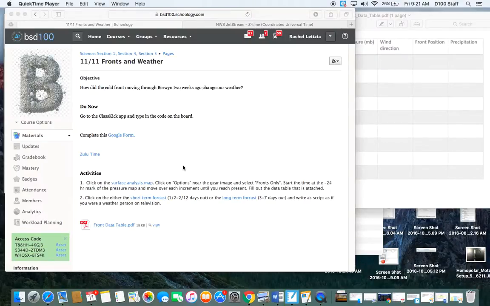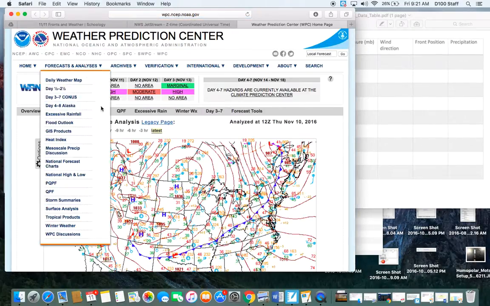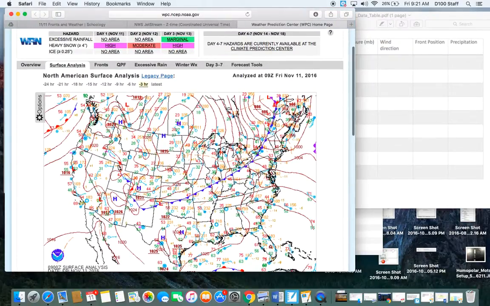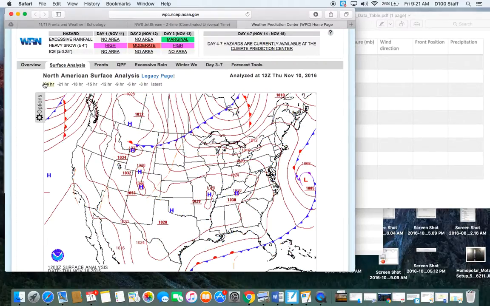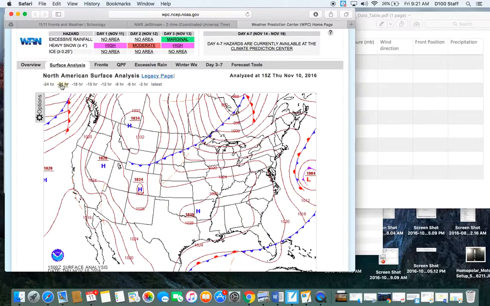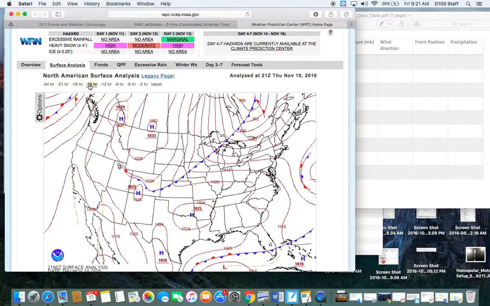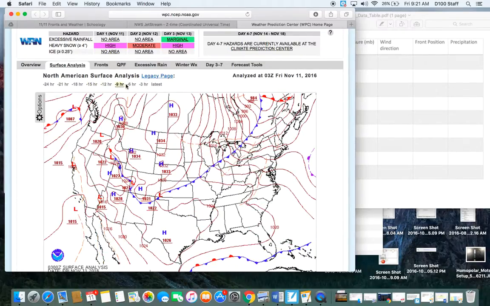Today for our activity, we're going to analyze a surface map. So you will click the link for step 1 of our activities, and it will bring you to this Weather Prediction Center. There's a lot happening on this initial map, so to simplify it, click Options and click Fronts Only. Okay. If you drag your mouse through this 24-hour cycle, you can see how the fronts move over a